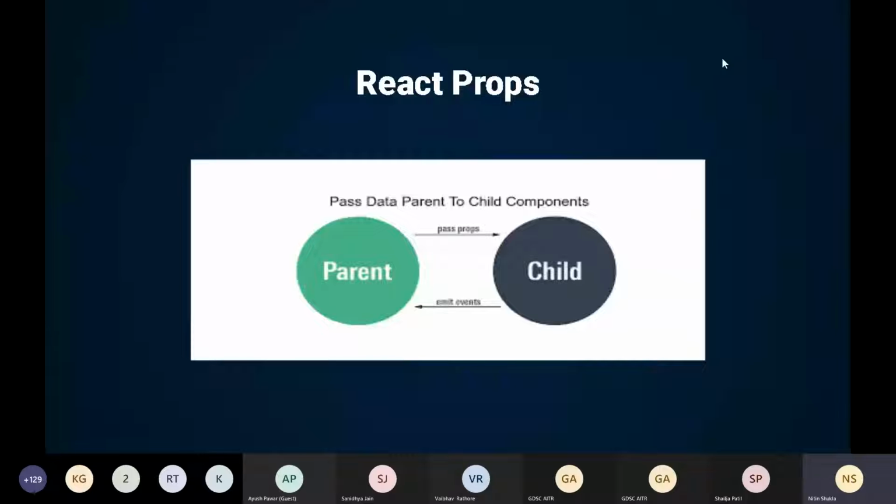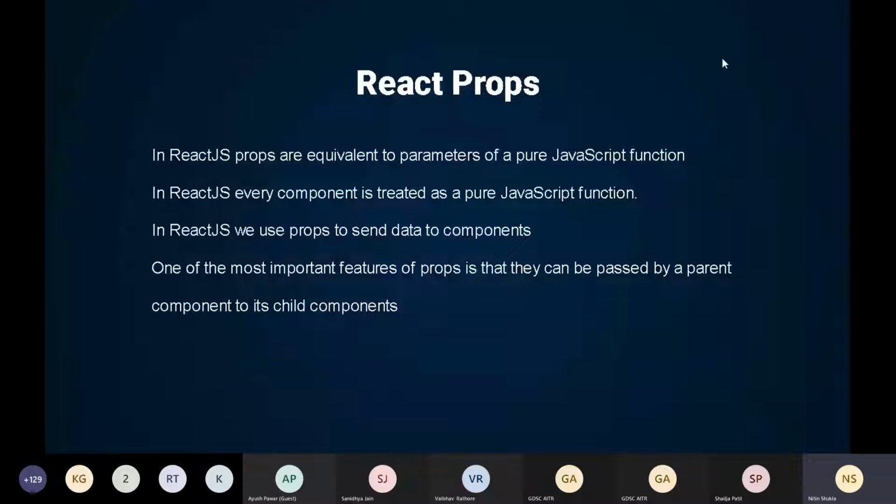Okay, so props are basically used to pass data from parent component to child component. Okay, so props are basically जो भी इनका यूज रहता है, like they are very equivalent to a parameter kind of thing, like अपन ने C++ में इस्तेमाल किया है एंड डिफरेंट लैंग्वेजेस में, कि जो भी आर्गुमेंट्स के बीच में हम पास करते हैं, ठीक है, कुछ वैल्यूज पास करते हैं, उसी सेम वे में रिएक्ट में प्रॉप्स की मदद से हम पास करते हैं वैल्यू,